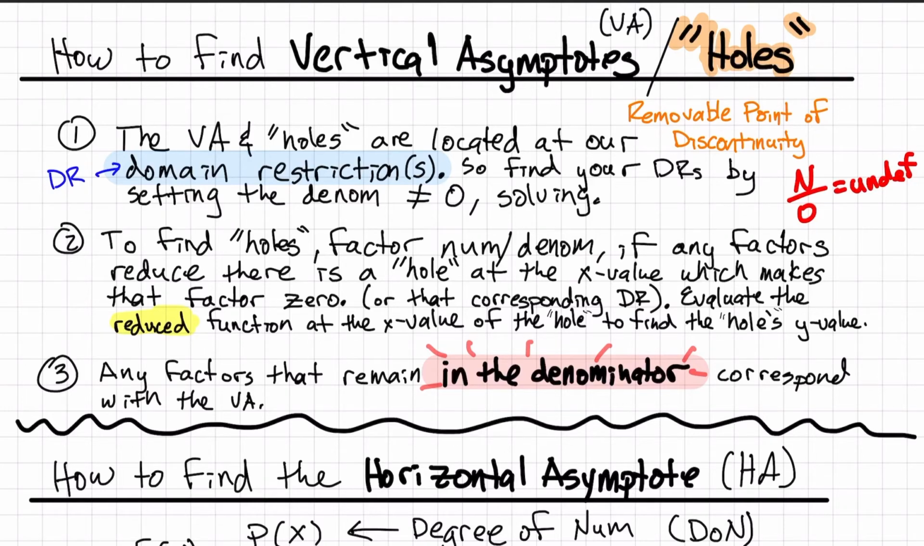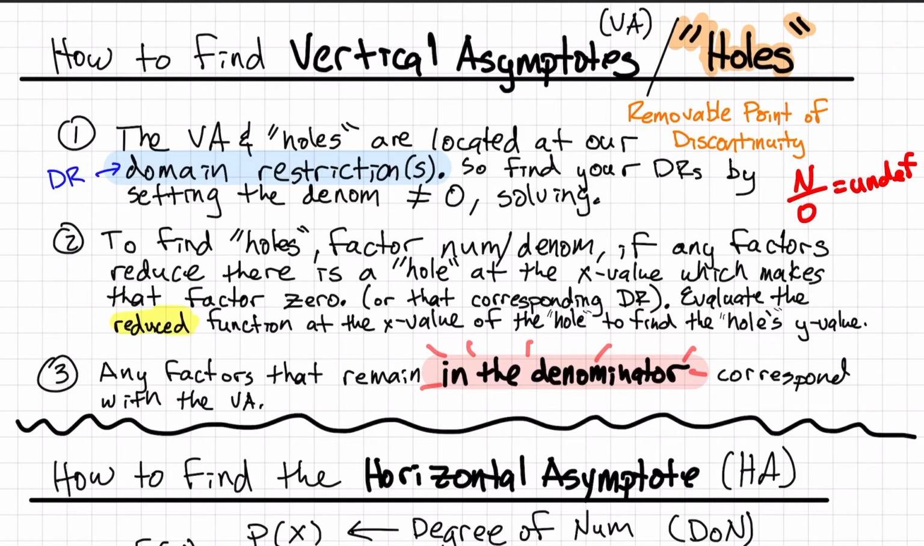So first, here we have this fact: the vertical asymptotes and our holes are located at our domain restrictions. So step 1 is to find our domain restrictions, like we did many lectures ago. Find your domain restrictions by setting the denominator not equal to 0, and then solve. Remember our acronym: if I have some number over 0, that is a no-no, and that's undefined. So step 1, find your DRs, your domain restrictions. Then,